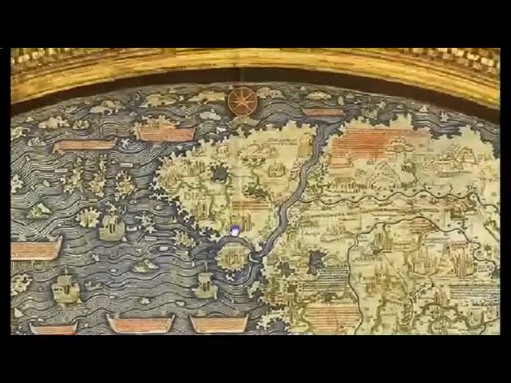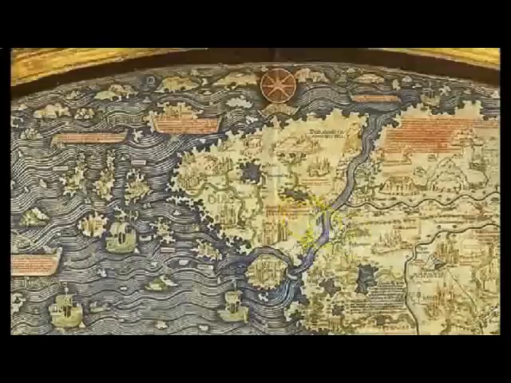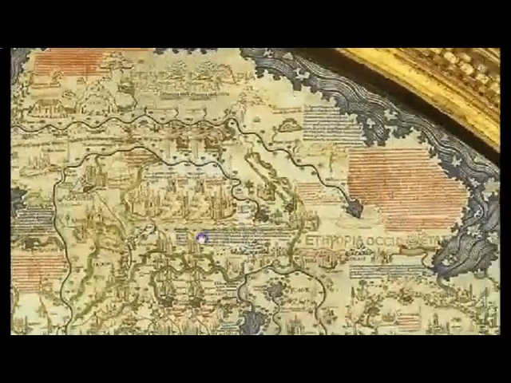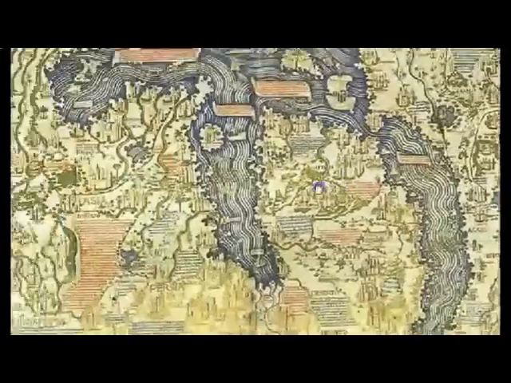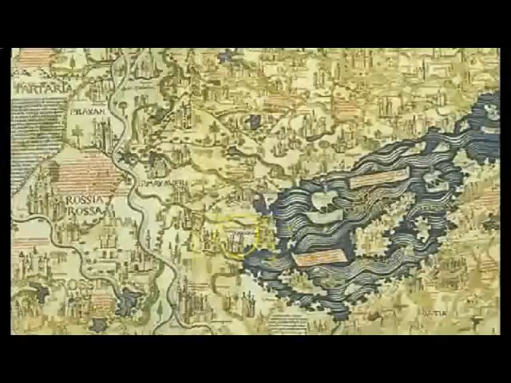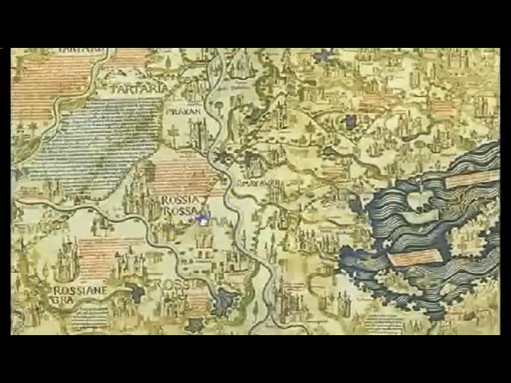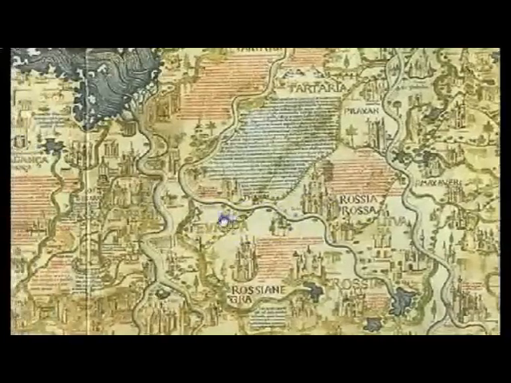Yes, here are the original and more correct maps, like from the 1400s. This is at the top of the map. You see these words are right side up. Let me just show you some more words here. Ethiopia, you see that? You keep going. What do you have over here? I zoomed out. Here's Europe, it's upside down. This is all upside down. We're all looking at everything upside down actually.